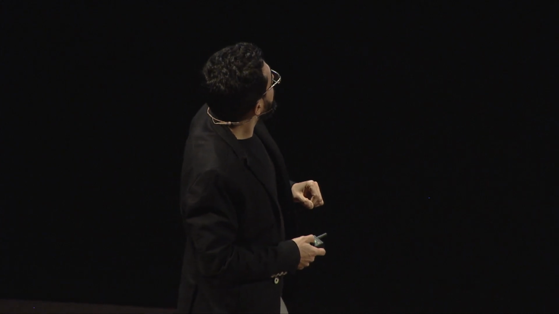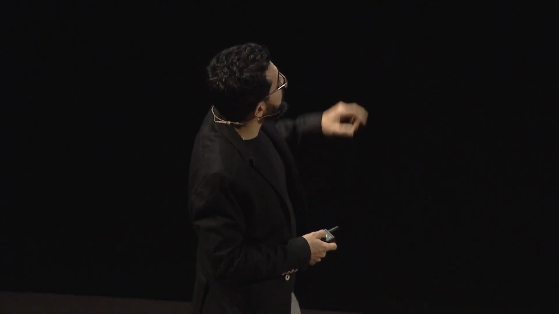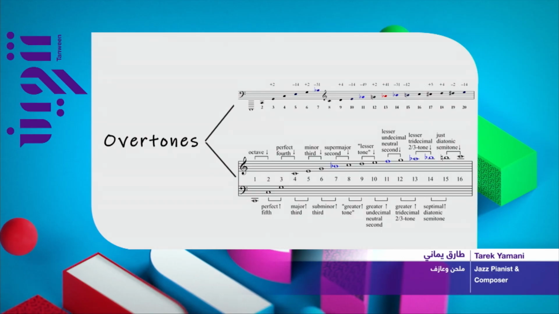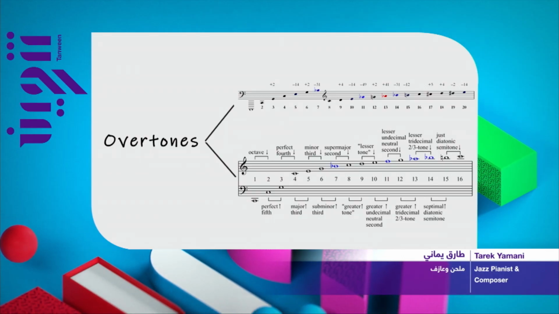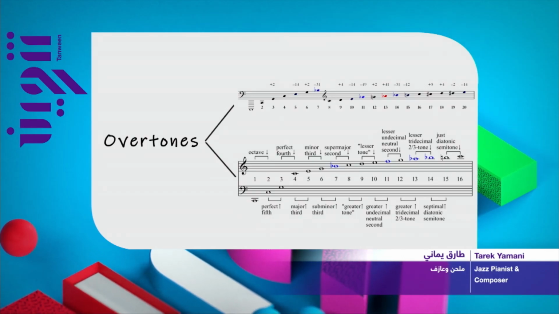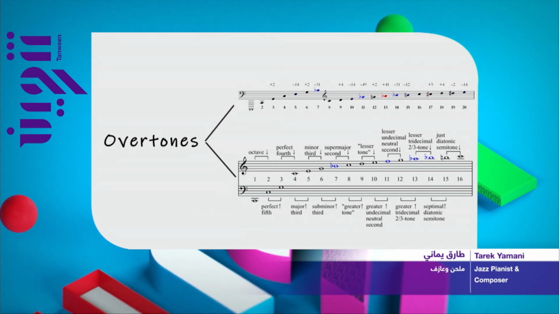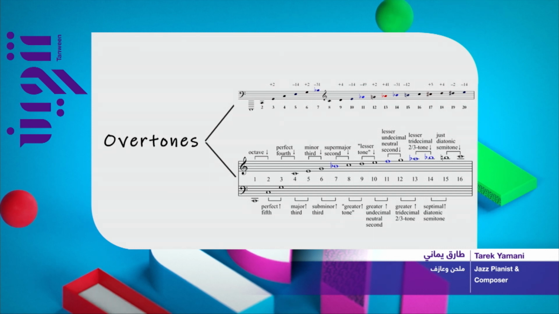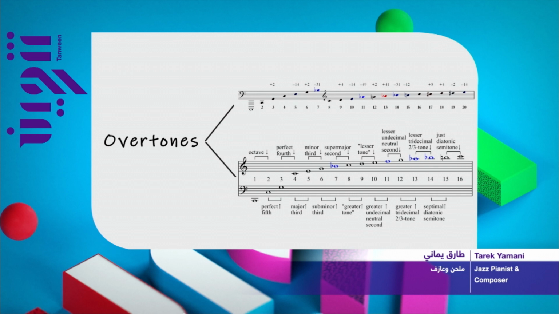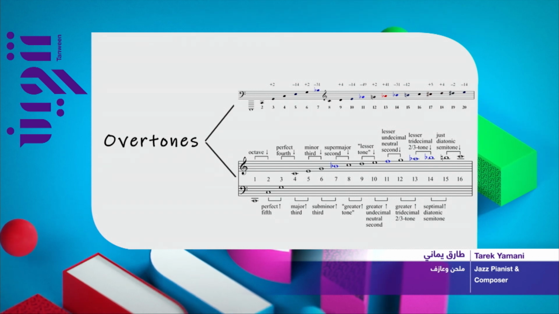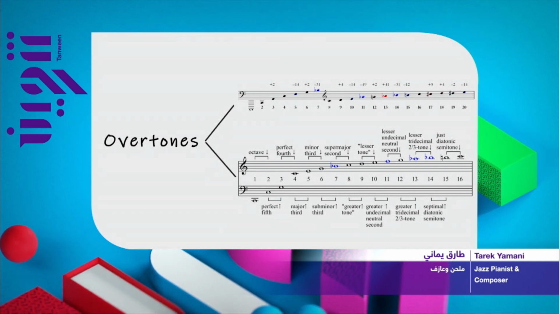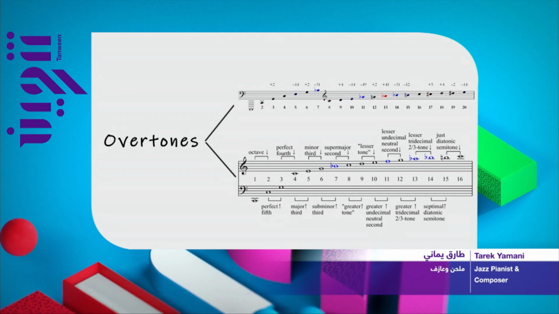These are called overtones, and this is the overtones in musical notation, and it just goes on forever. This is just the very first, okay? And then on the second line, we have what we are seeing here: octave, perfect fourth, minor third. These are intervals. What is an interval in music? If I play 2 notes at the same time, I make an interval. If I play only 1 note, that's just 1 note. When I play another note, I'm making an interval.